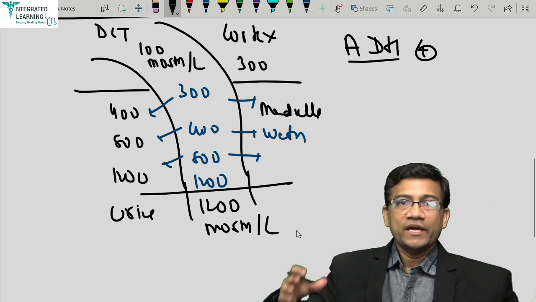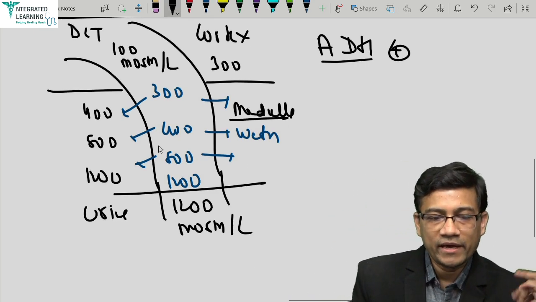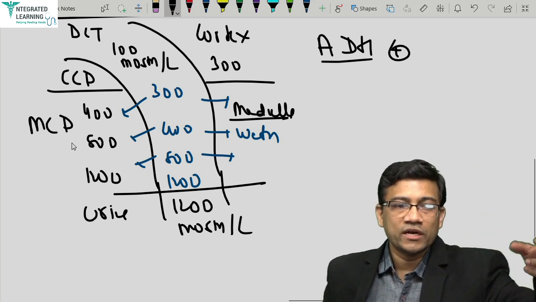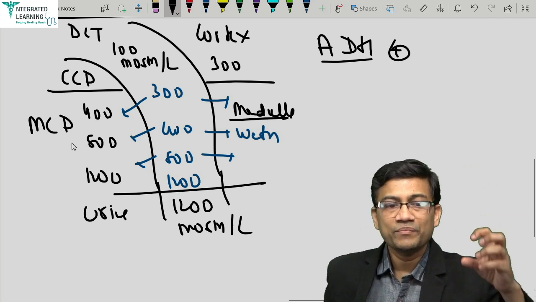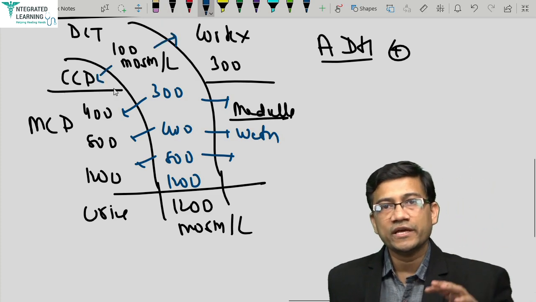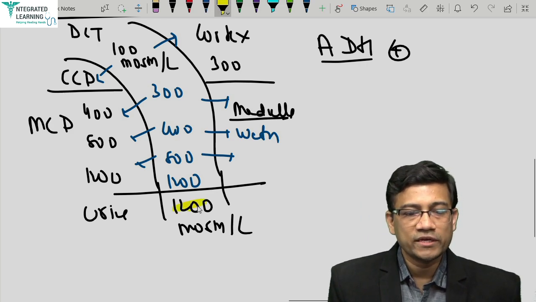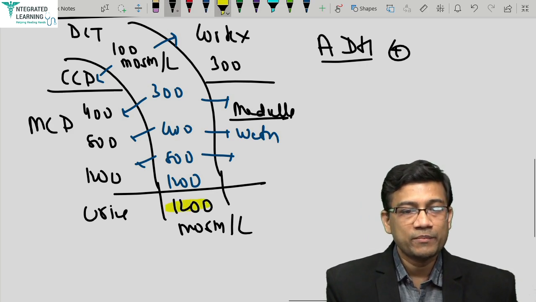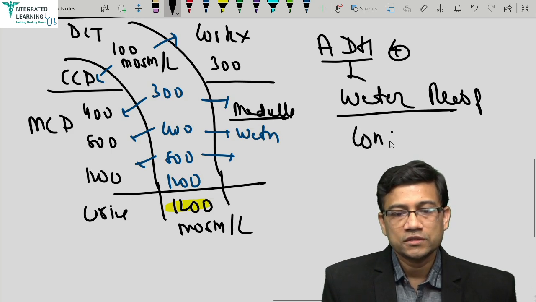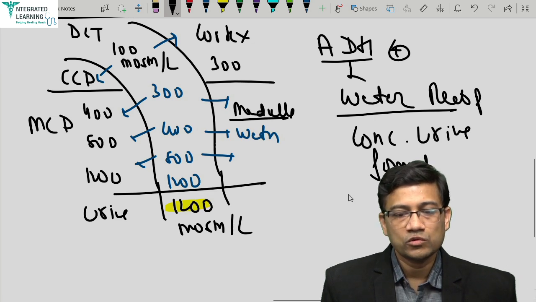So that is why, in the medulla, when the MCD, this is what area? This is CCD and this one is MCD. So when the cortical and medullary collecting ducts are passing through the cortex and medulla, if ADH is available, the water would be reabsorbed, and the water is continuously reabsorbed till it becomes same as outside, that is 1200. So you will make what urine? Hypertonic urine. So what happens? Water is reabsorbed, okay, and concentrated urine is formed, almost equal to medulla.